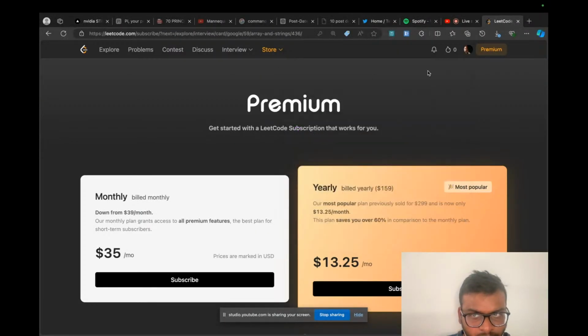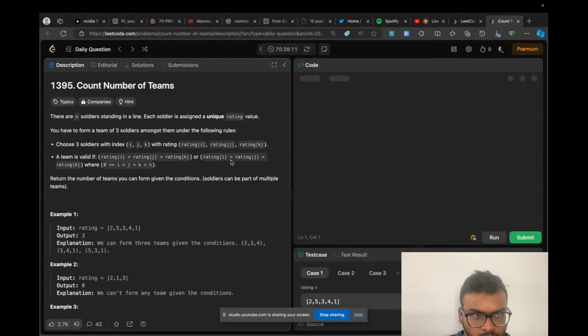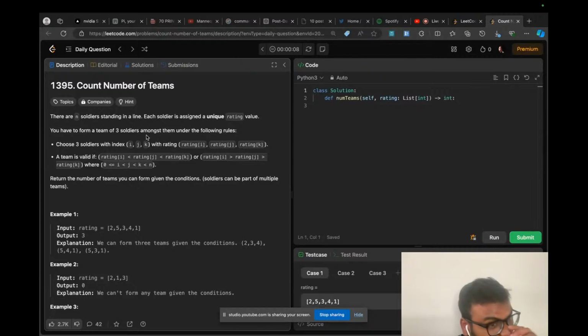Let me start with the live question today. Count number of teams. Let's note the timer. There are 10 soldiers standing in a line. Each soldier is assigned a unique rating value. You have to form a team of 3 soldiers among them